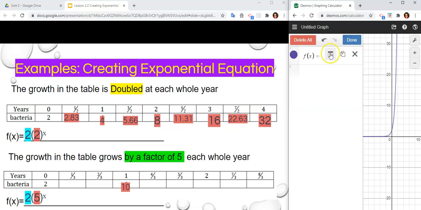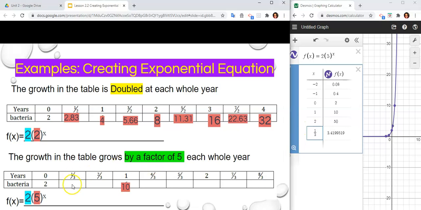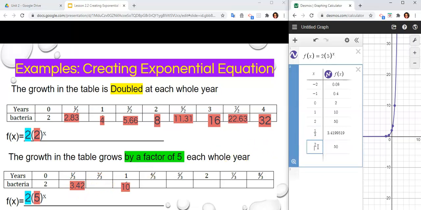All right, so very quickly, I want to view the table because that's what I'm going to be using. And I don't see any fraction exponents in there, or fraction years, so let me put some in. So I need 1/3, so I'm going to put 1 divided by 3, and quite naturally I should get this value here. And then for 2/3, I come over here, 2 divided by 3, and I get this value here. And as you can see, at 1 year, this is where you're at, 10. And at 4/3 of a year,